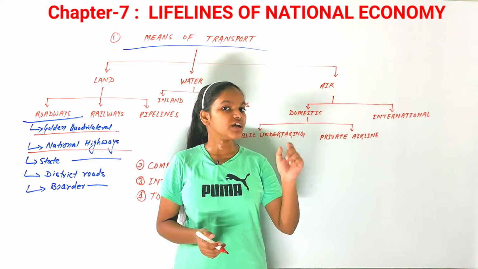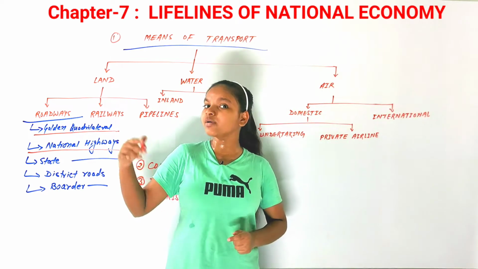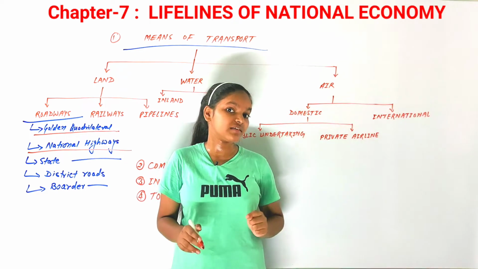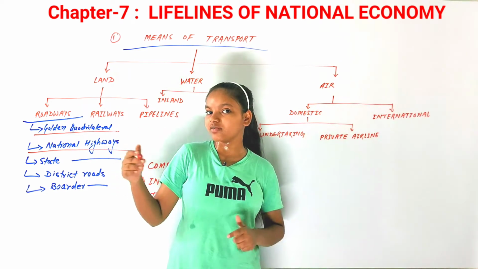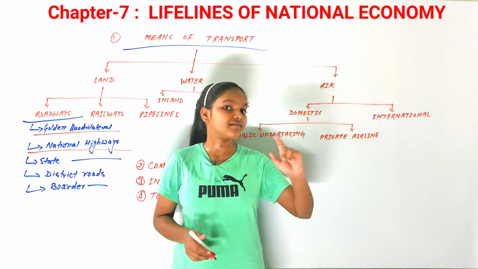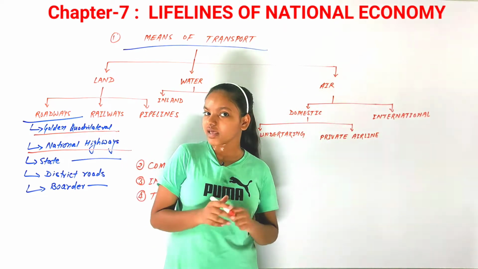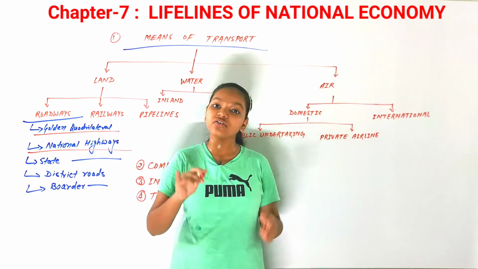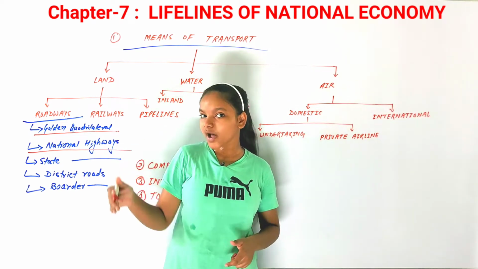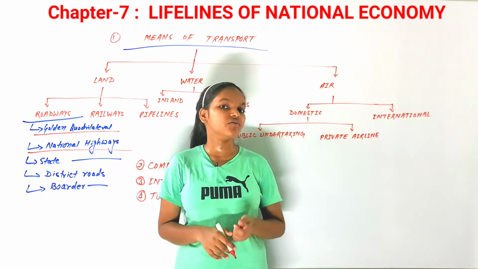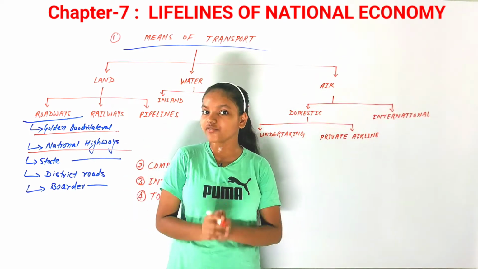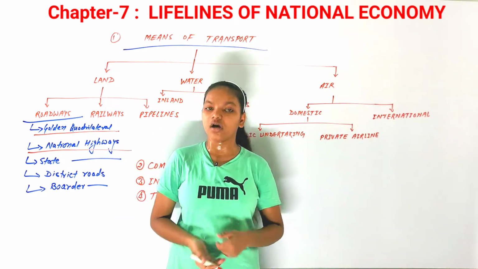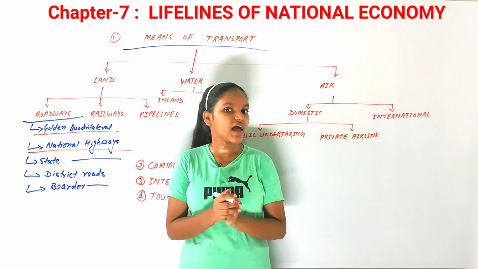For example, Chauhan is national highway number 1, or NH1. If you travel on those highways, you will definitely see the serial number of those highways, and this one connects Delhi to Amritsar. So national highways are maintained by CPWD, and they are generally for linking the extreme parts of the country to the central government, and mainly are built by the government of India. So that is about the national highways.